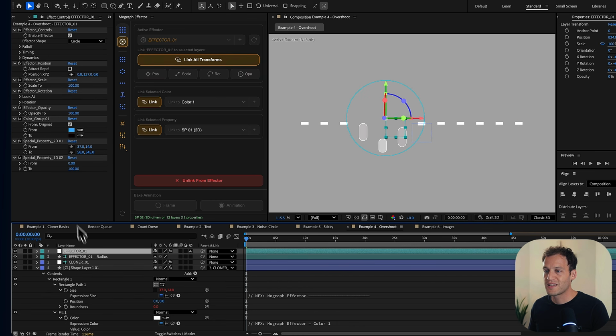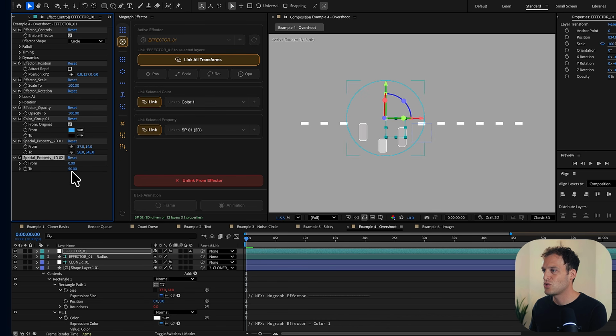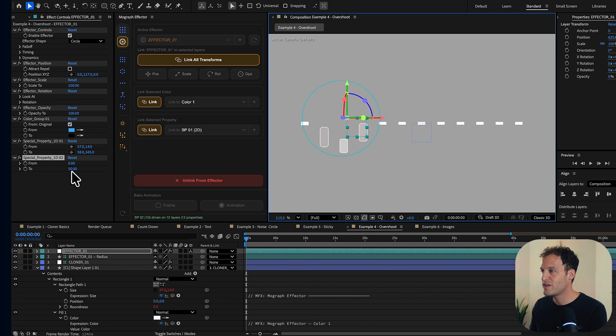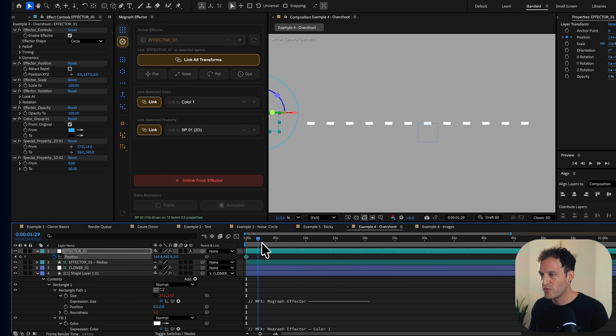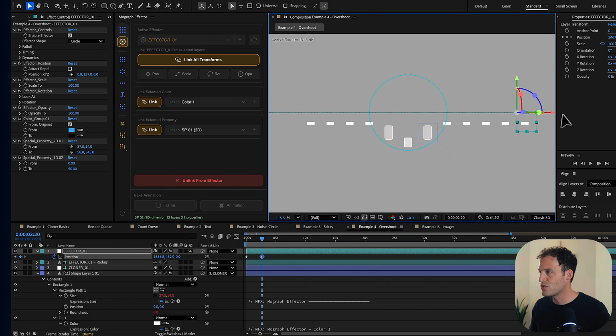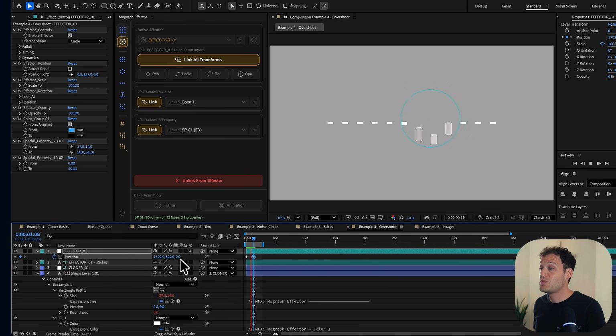And if I go inside of effector now, I can see that I have this new property, and it is set from 0 to 100. I'm going to start it from a 0 value and give it a 50 value right over here. So now when I scrub over this, you can see that they are changing from a rectangle to a rounded rectangle. Now let us keyframe this effector. I'm going to go to the start right over here, and I'm going to hit P on my keyboard, keyframe that, go forward a few frames, and then we can go to the other side. And now if I preview this, I have this beautiful animation where the layers are being affected by the effector,